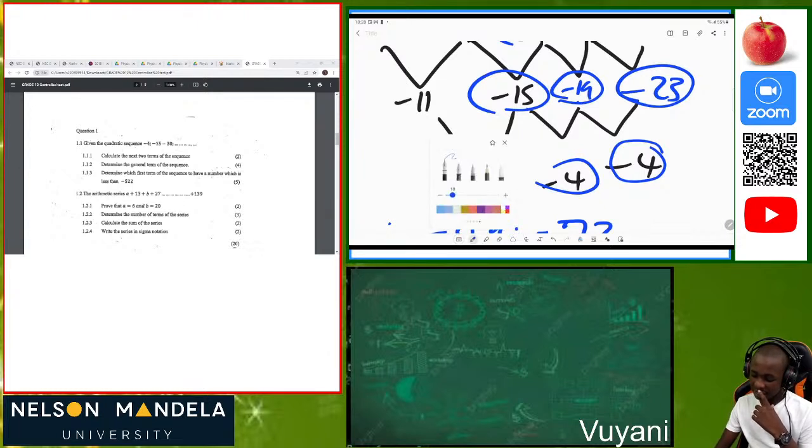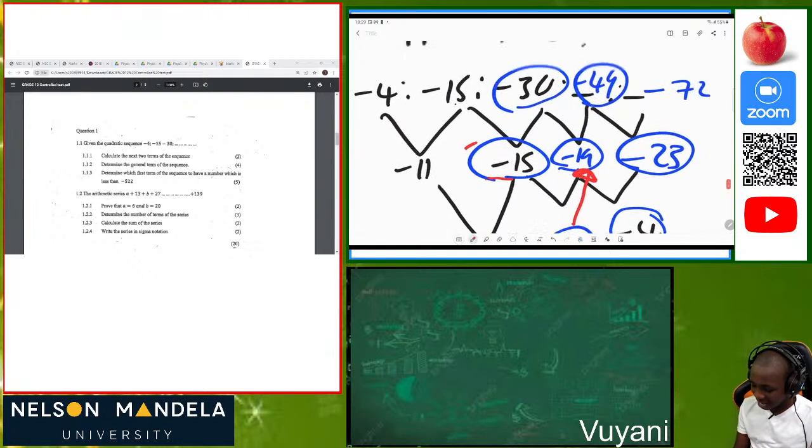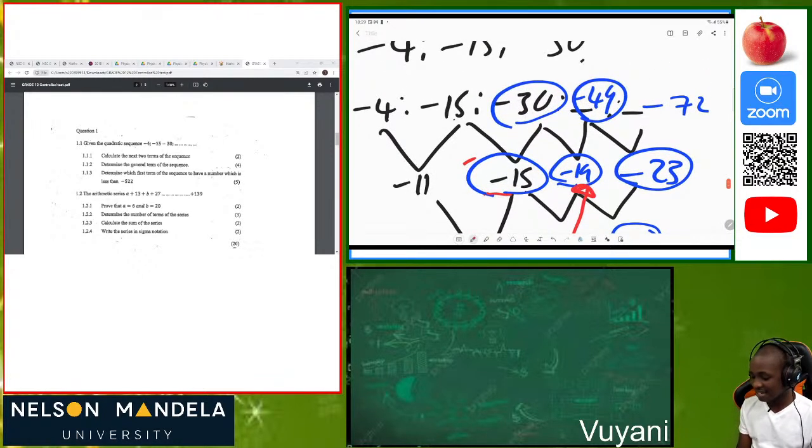Then I started to do the right thing. Now we had this first difference, so now I'm summing it up, because we know that in a quadratic sequence, the second differences are constant, which means they have the same second constant difference. So we say negative 15 plus negative 4, then we get negative 19. Then again negative 30 plus negative 19, then we get negative 49,